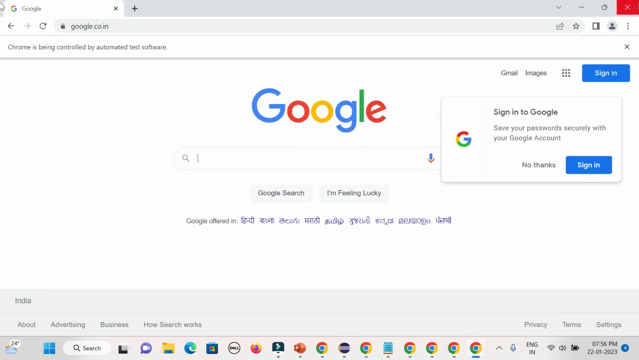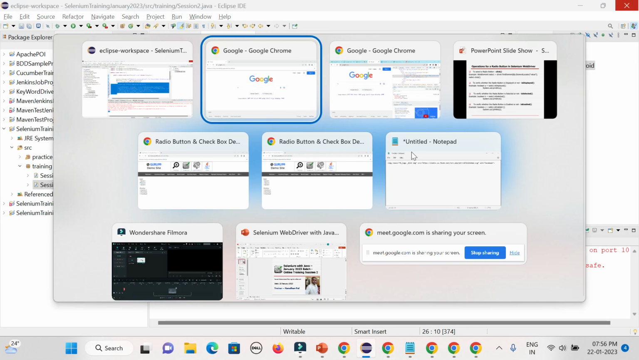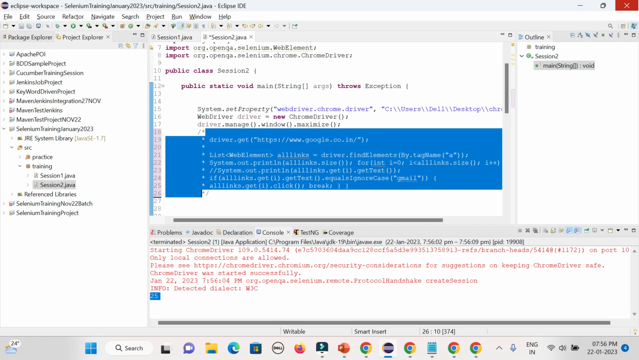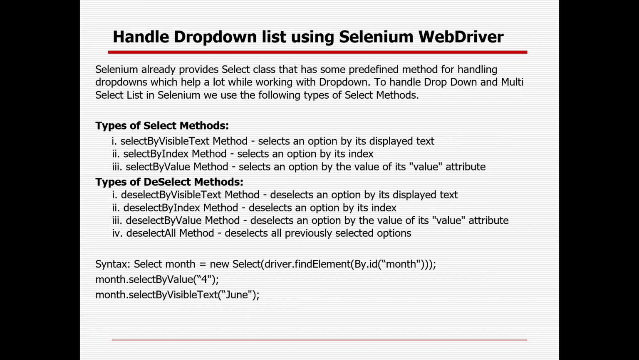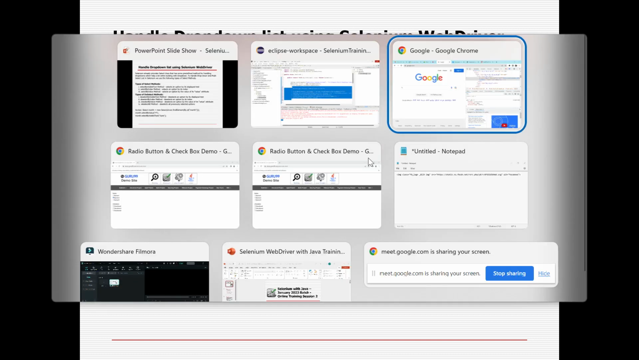Next topic I will cover, then I will take a pause again to discuss all the remaining ones. So how to handle the drop down? What is a drop down? Suppose if you go here,